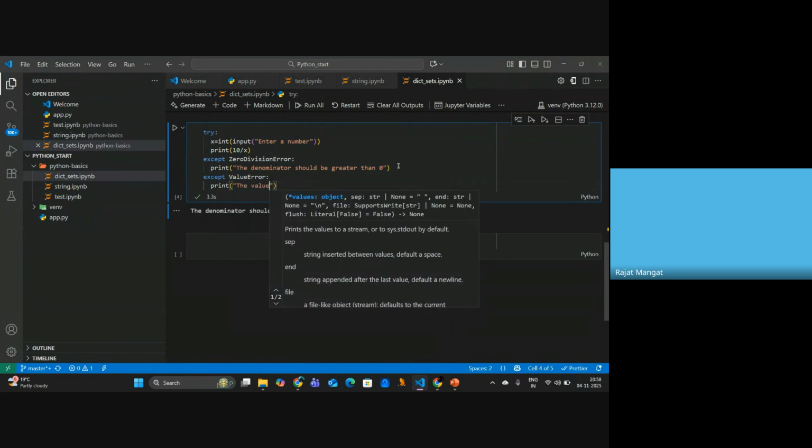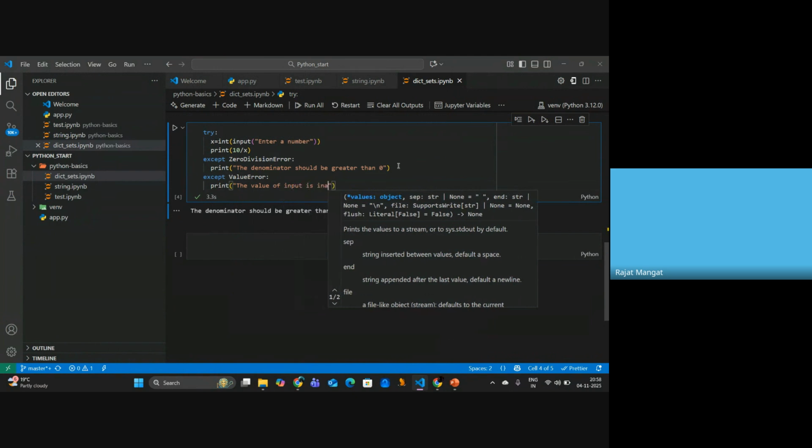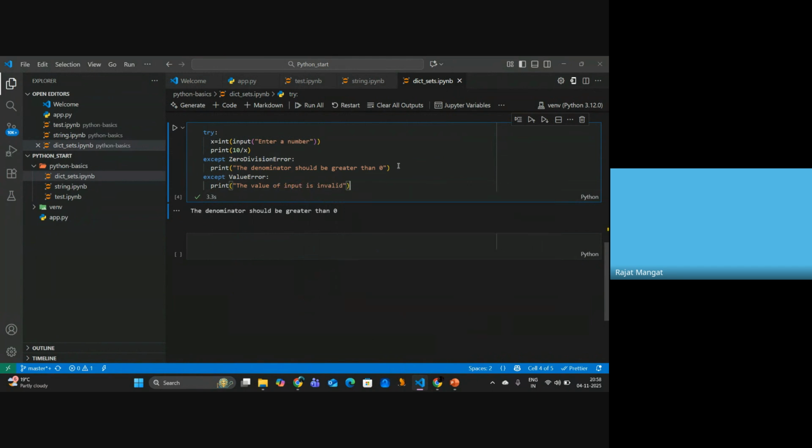The value of input is invalid. Okay. Now let's try it again. And I am inputting a string. Instead of a number, I am inputting Rajat. So let's see what is happening. Now you are able to see that the value of input is invalid. The zero division block is not getting executed because our program failed at this line only: x equal to int input, enter a number. When you try to enter a string,